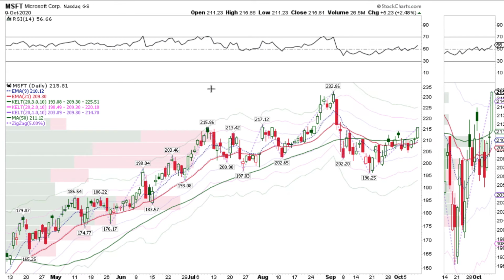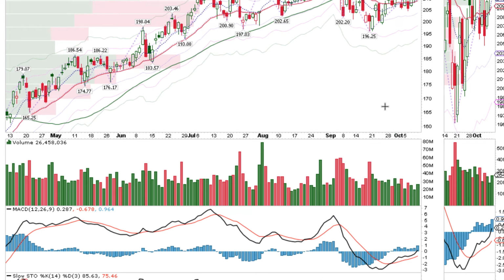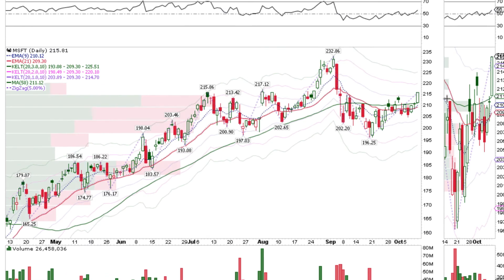Microsoft gave us the same look, moving above this pivot at 214 last week. We were looking for an expansion day. We got it. RSI is rising, moving above this volume by price band. Moving above this volume by price band would suggest, with RSI rising, that we could test 52-week highs going into earnings. Volume increasing, showing us that institutions are picking up shares. MACD is above its signal line, and stochastics turned back up Monday and Tuesday